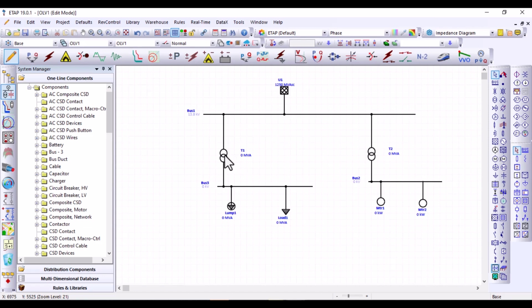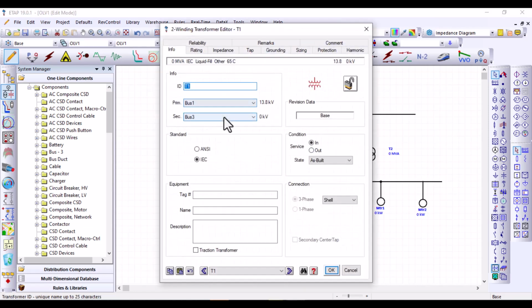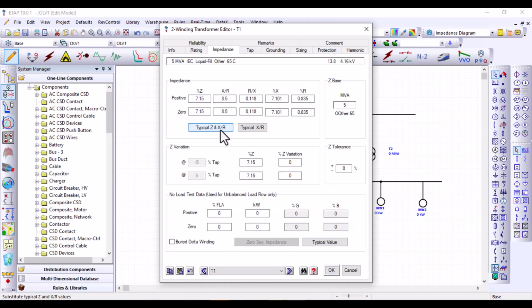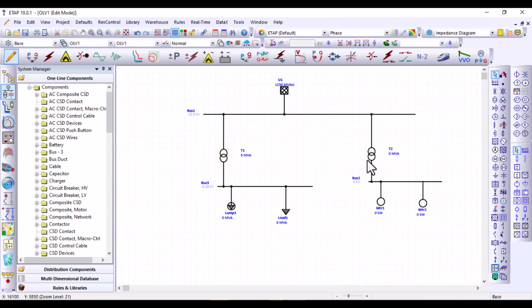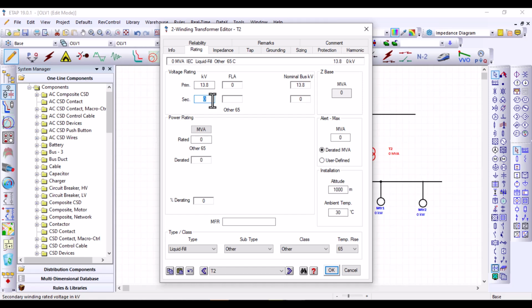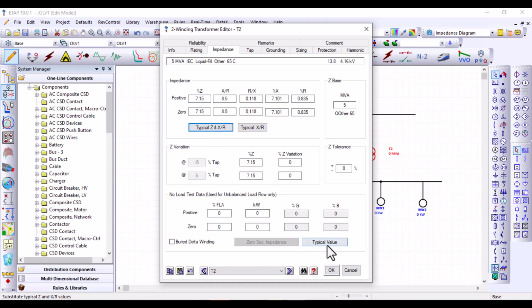After that, this transformer is similar to this transformer, both of them having the rating of 13.8 reduced to 4.16 kilovolt with a rating of 5 megavolt ampere with impedance typical Z and X over R. Same right there for transformer 2, the same in everything, 4.16, and 5 megavolt ampere, and the impedance typical Z and X over R and typical values